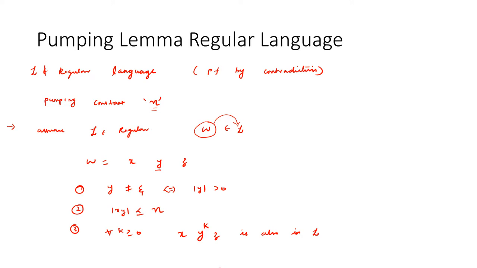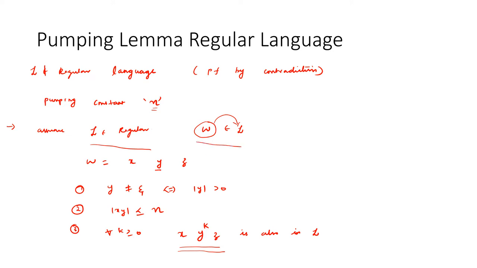So did you understand the statement of the lemma? Can you explain the last one? Yes. So maybe we'll see that with the example. But otherwise, do you understand the lemma at least at an intuition level? Yeah. So what this says is, if a language is regular, and if somebody gives us a